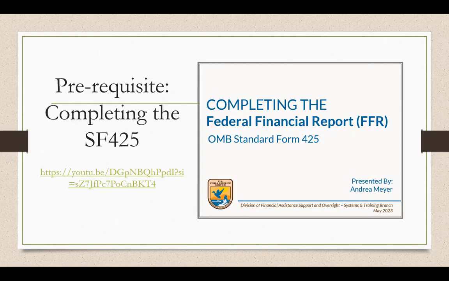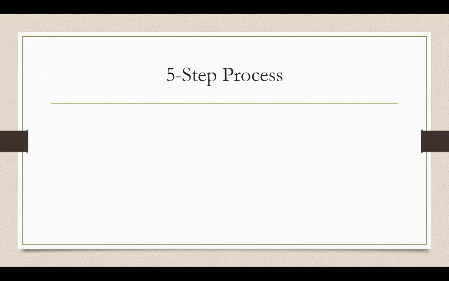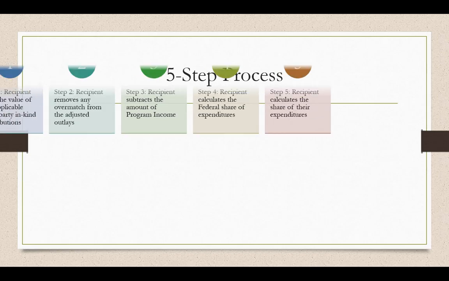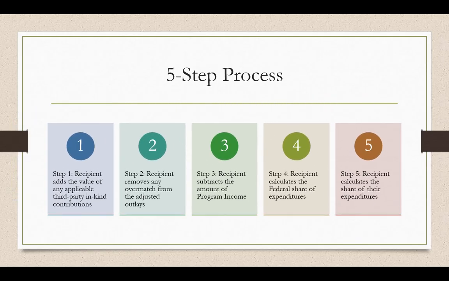Prior to viewing this video, please watch our tutorial on completing the SF425. In this video, we'll demonstrate how a recipient of a U.S. Fish and Wildlife Service Financial Assistance Award can accurately complete the transactions section, specifically fields 10D through 10O, of their final federal financial report. Before we jump into our scenarios, let us first introduce the 5-step process we will be